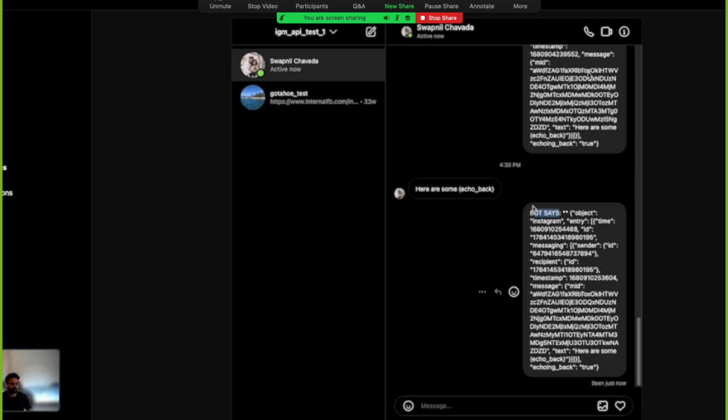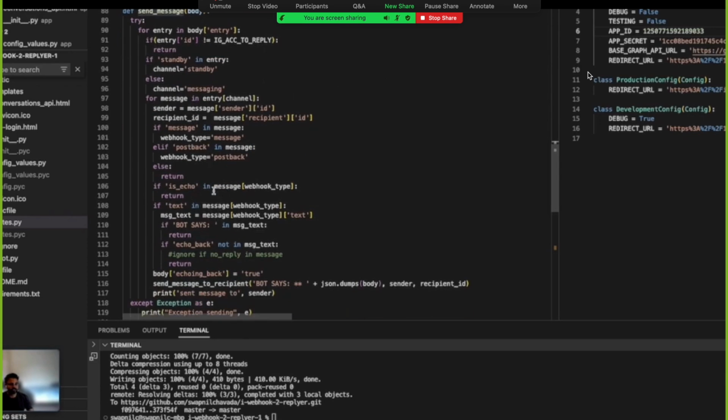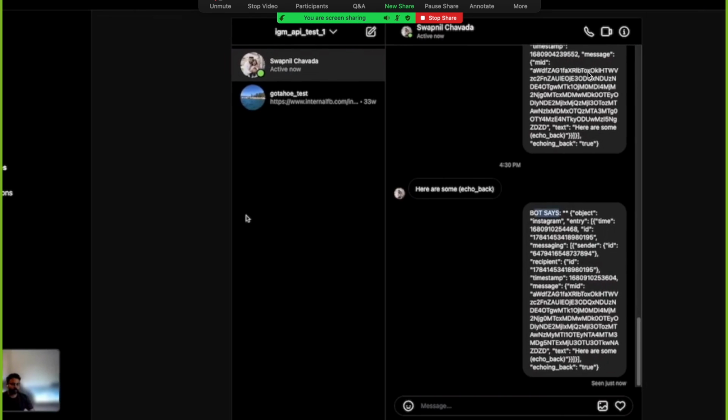So through our webhook configuration, whenever a user messaged the business, on that endpoint, Meta sent you the message payload, and we had code in our webhook implementation that actually listens to the webhook payload and sends a response back using the send API. So this gives you a brief and quick overview of how to build bots using the Instagram messaging APIs.